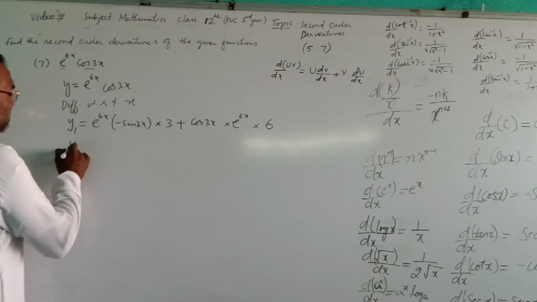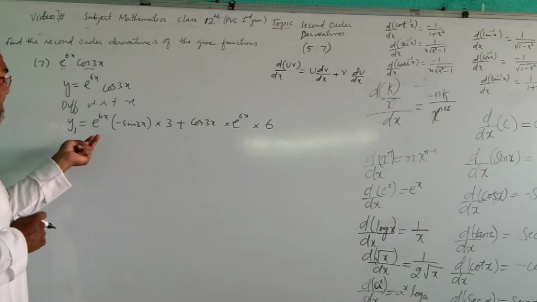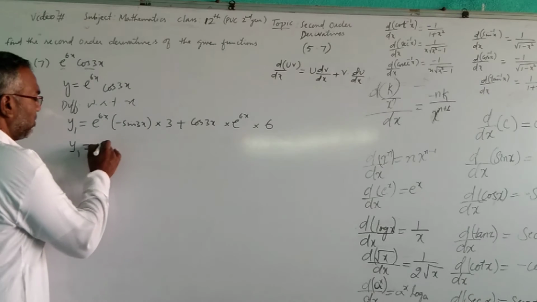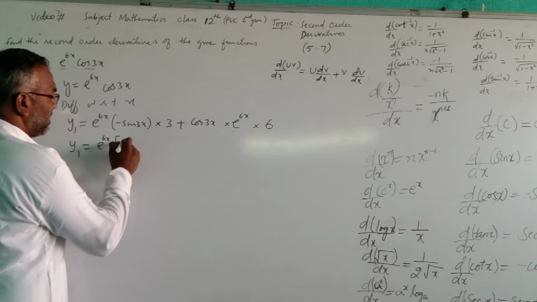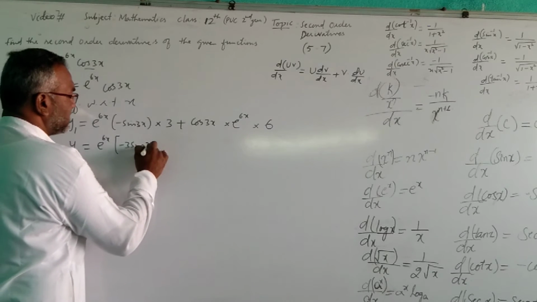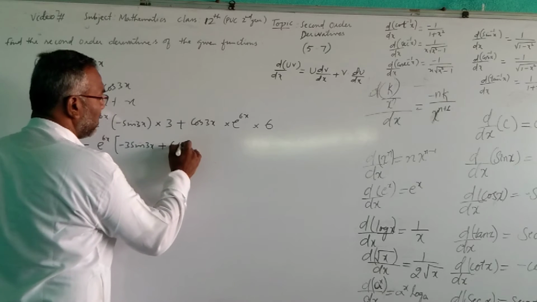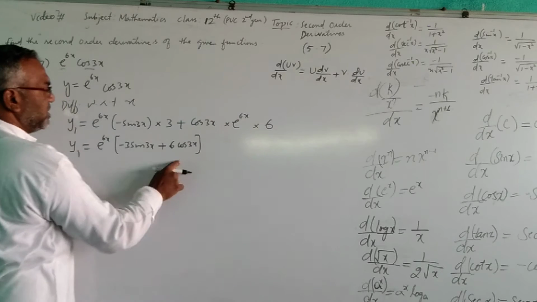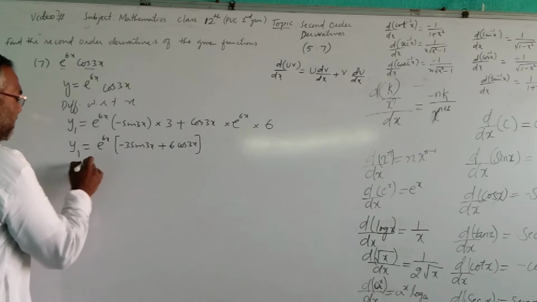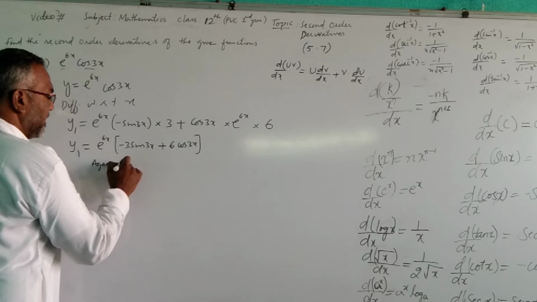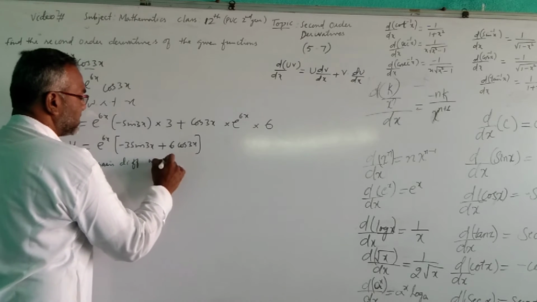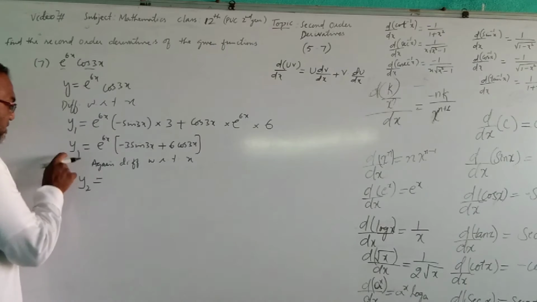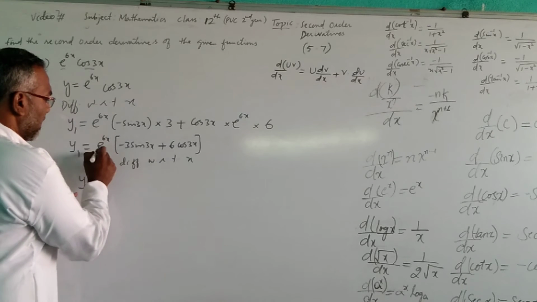So that becomes y1 is equal to, we can again take e to the power of 6x common. So what is left? Minus 3 sin 3x plus 6 cos 3x is left. Right? Again differentiate with respect to x. So it becomes y2, the second order derivative. Y2 is equal to, again it is